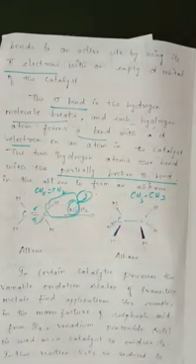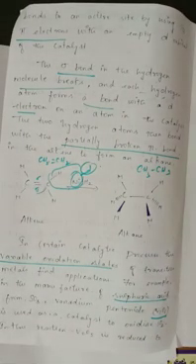One more catalytic property we can see is variable oxidation. One of the reasons is variable oxidation state, and transition metals find application, for example, in the manufacturing of sulfuric acid, in the presence of vanadium pentoxide. The vanadium pentoxide catalyst oxidizes SO2, and the vanadium pentoxide V2O5 is reduced to vanadium 4 oxide. And the Ziegler Natta catalyst, a mixture of TiCl4 and trialkyl aluminium, is used for polymerization.